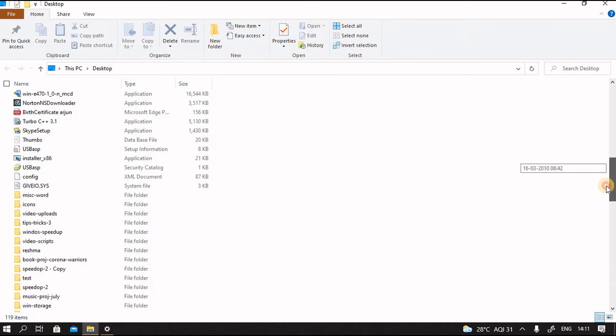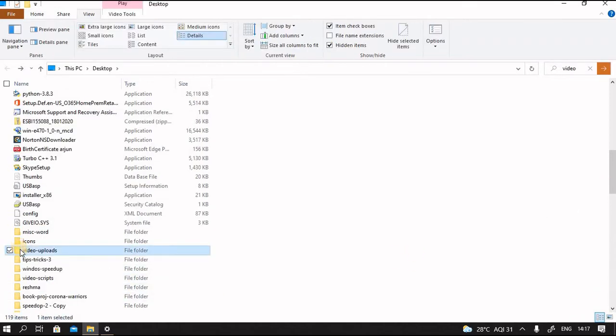Below this, some folders are listed, but the size is not indicated. Just move the cursor over the folder icon. It will give you the size. For example, this folder, video uploads, has a size of 1.46 GB, which is substantial. We have to individually verify these folders, take a decision to keep it or not, or move it elsewhere or not. I generally move the files which I do not frequently use to drive D.